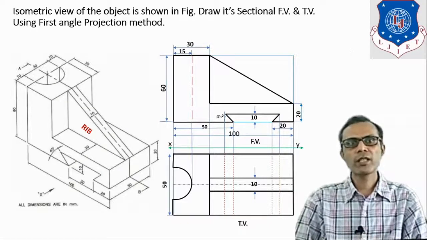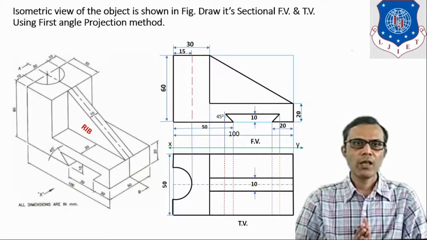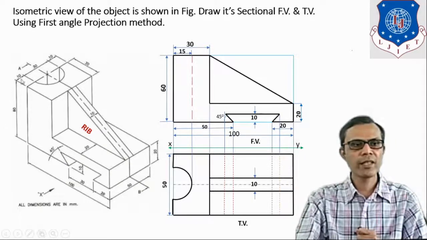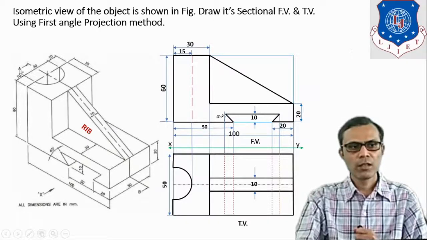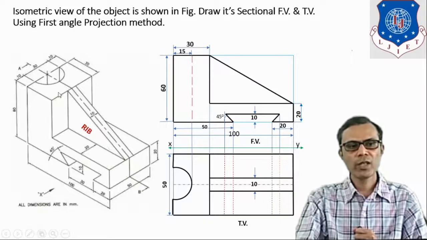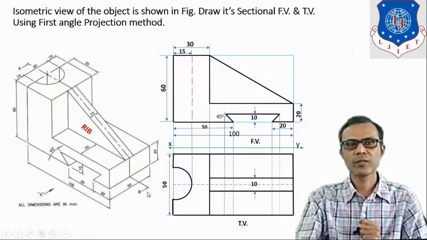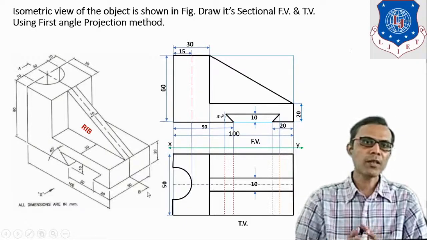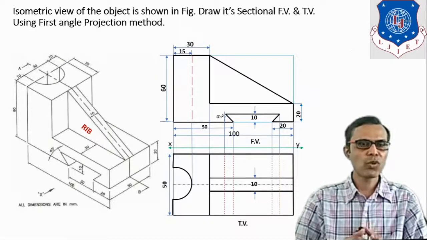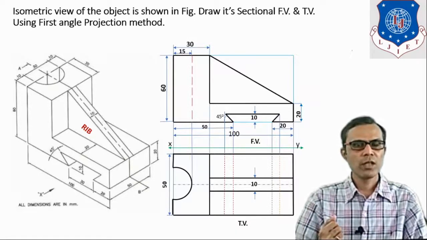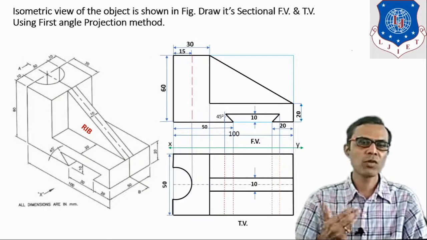Now we have to consider the sectional front view. For taking section, the position of the cutting plane is given in this object. It is shown here, with capital letters A and B and arrows. So it indicates that this object is being cut at this cutting plane line. After cutting this object, the portion which is in between cutting plane and observer is to be removed. And for the remaining portion, we have to draw its front view.